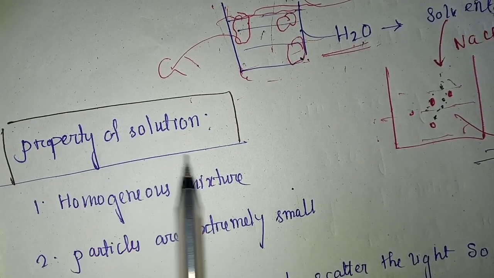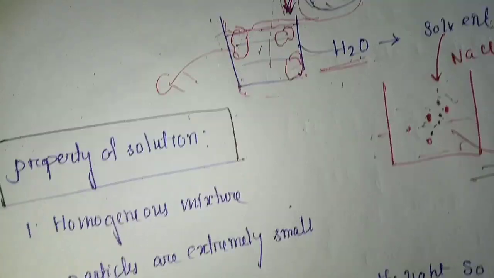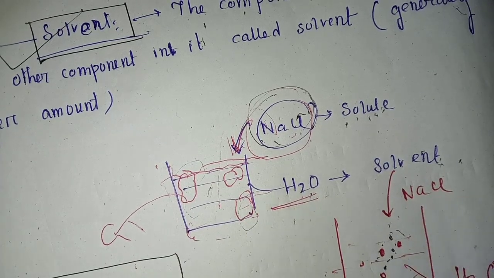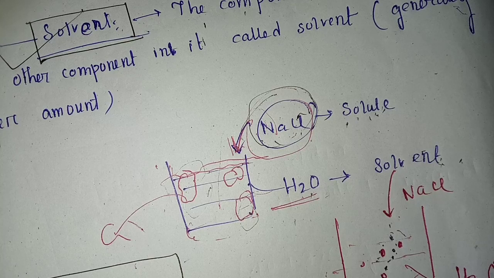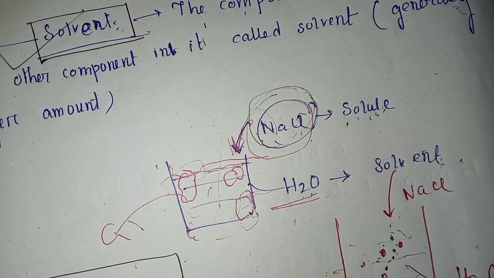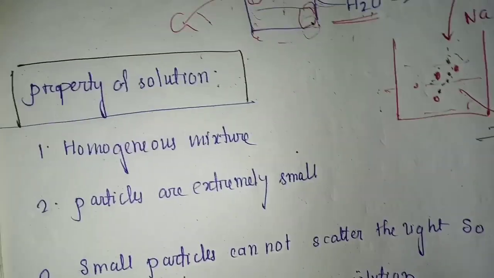about the properties of a solution. The first property is that it is a homogeneous mixture. We have discussed what homogeneous is. Suppose I take a sample from here and here, from anywhere in the solution, the properties may be physical, like color and taste, or chemical, like its structure and what minerals are present in it. Everything is uniform, everything is the same throughout the solution. So this is my uniform or homogeneous solution.